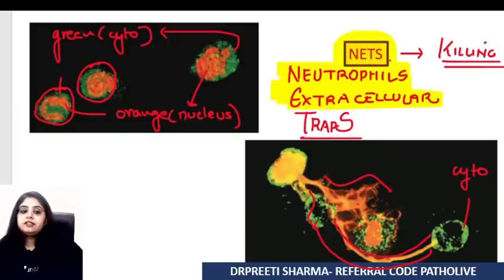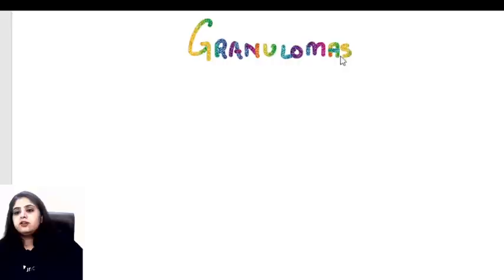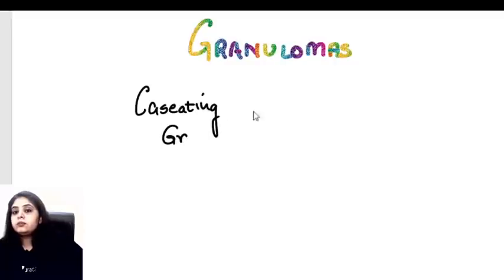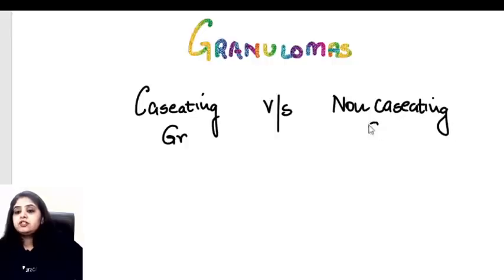Well, having said this, now let's move on to the next set of images in inflammation. And I think everyone knows that one of the most important topics that we have in inflammations is granulomas. And before I start with granulomas, you get a lot of theory questions also, which we've covered under our theory course. But I think one question that is always troubling everyone is about a caseating granuloma versus a non-caseating granuloma, which basically means that is caseous necrosis seen or is it not seen?